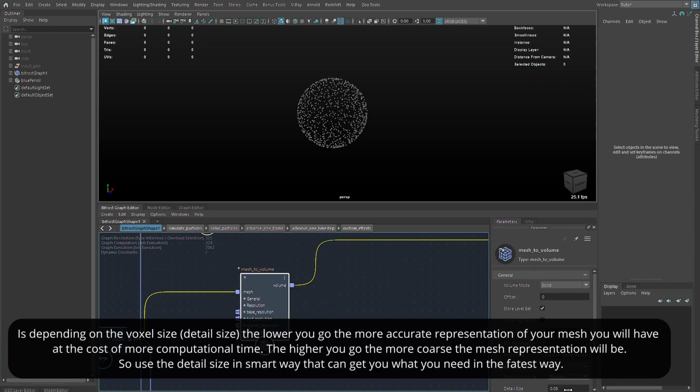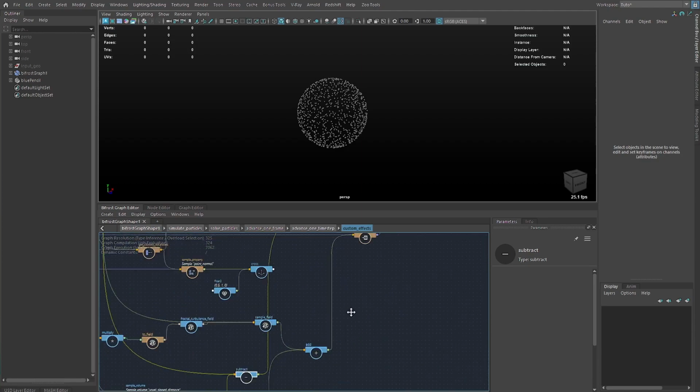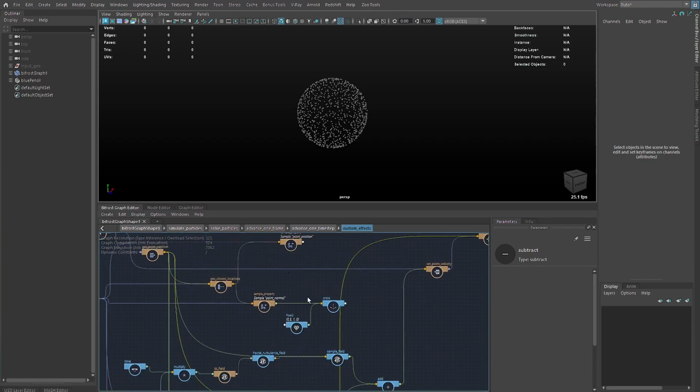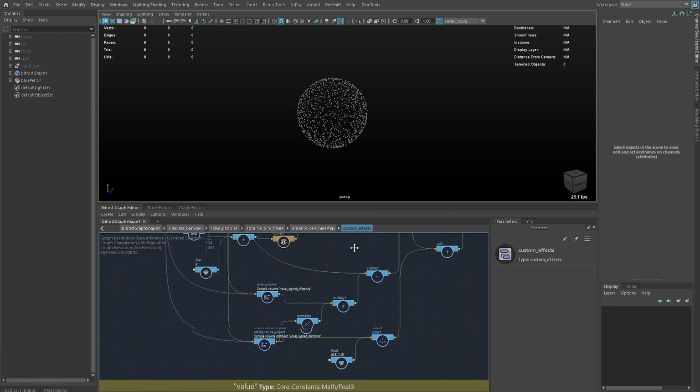The lower you go, the higher it's going to be, and more accurate your mesh is going to be, but the slower it's going to be, obviously. So that is one of the drawbacks. This works in points, so that is actually going to be pretty quick, and it's not going to have that issue. However,